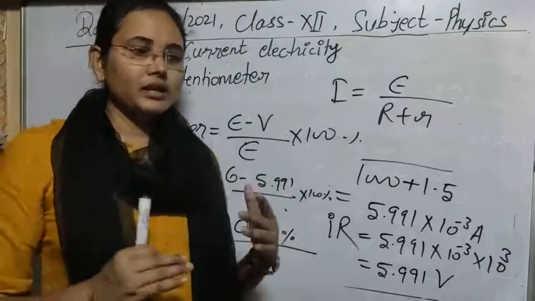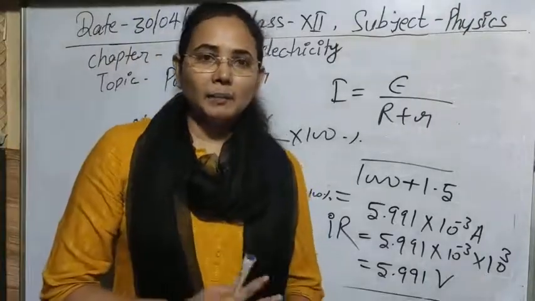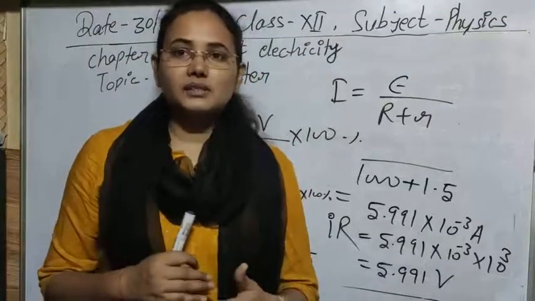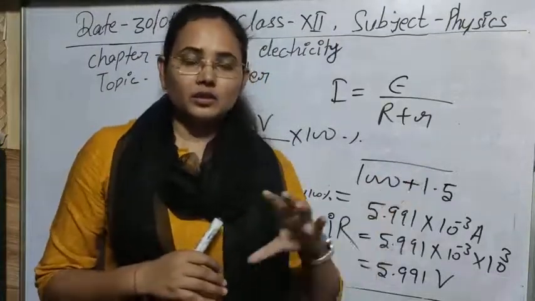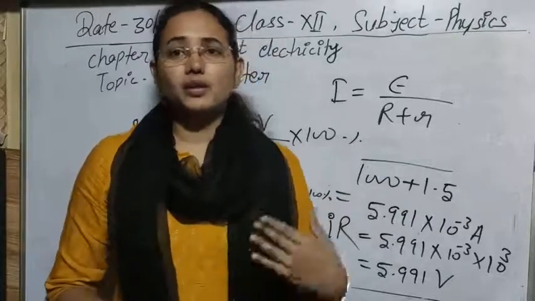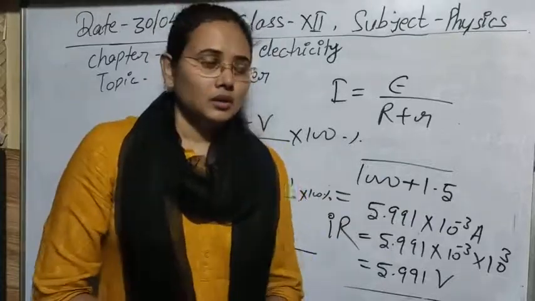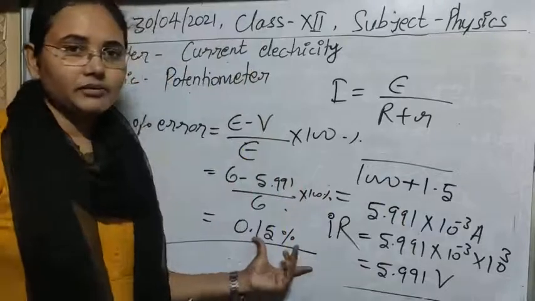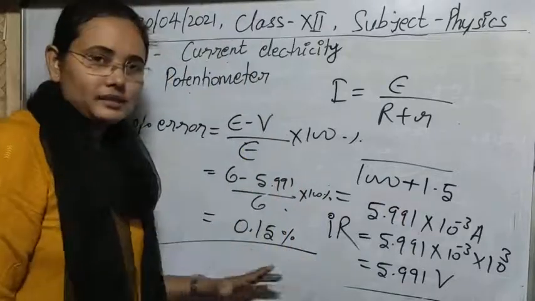Because we make the voltmeter by using some resistor in series. Later I will tell you the process of making a voltmeter by using a galvanometer also. In moving charges and magnetism we will discuss that. So I think that is now clear.